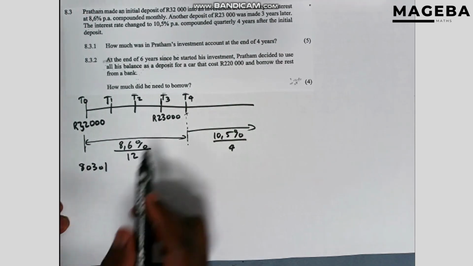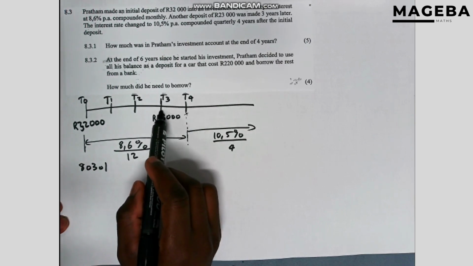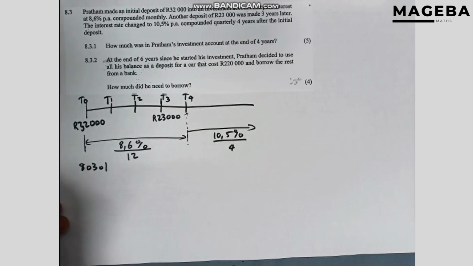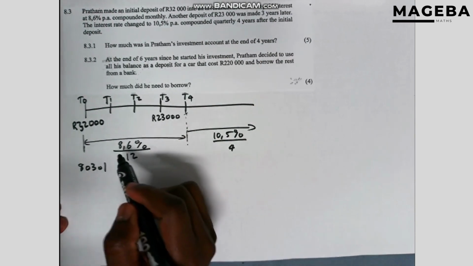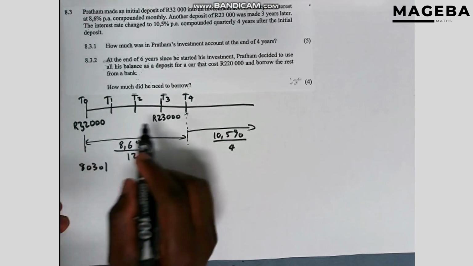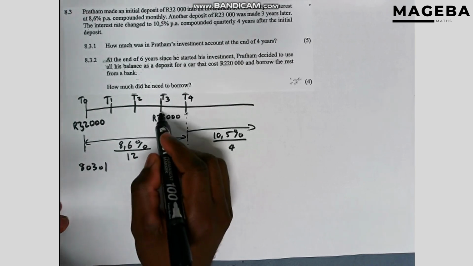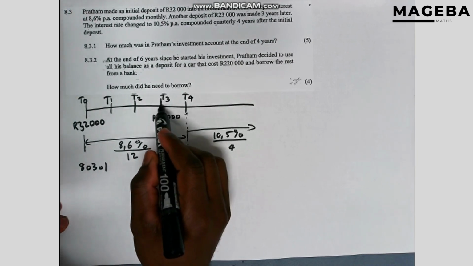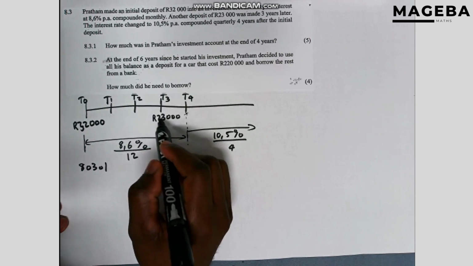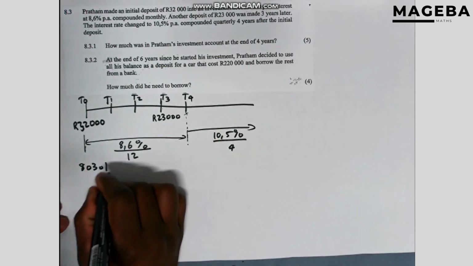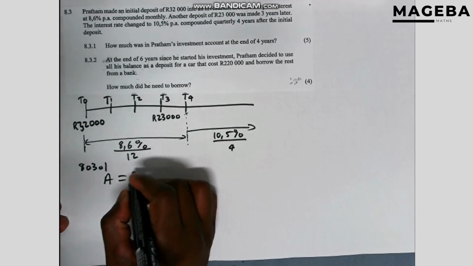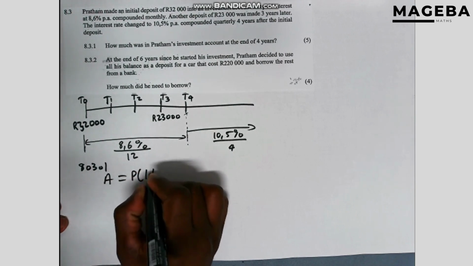But now something happened here at T3 after 3 years. He put in another amount. So what I'm going to do here, I'm going to first find the amount that is there at T3 and add this 23 thousand. I hope you understand. So I'm going to write the equation of A equals P into (1 plus